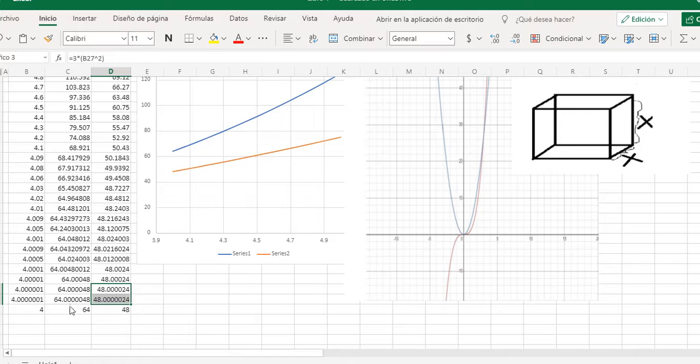This means that when we have 4 in this side of x, we have a volume of 64. This is the volume,